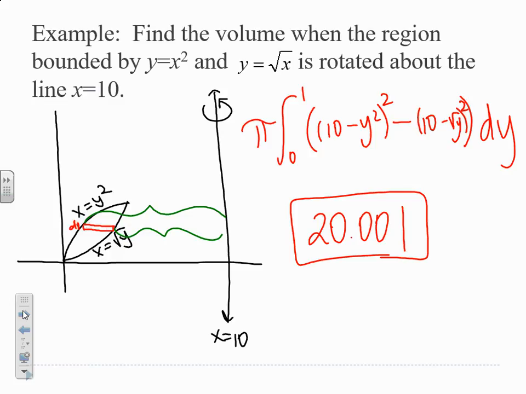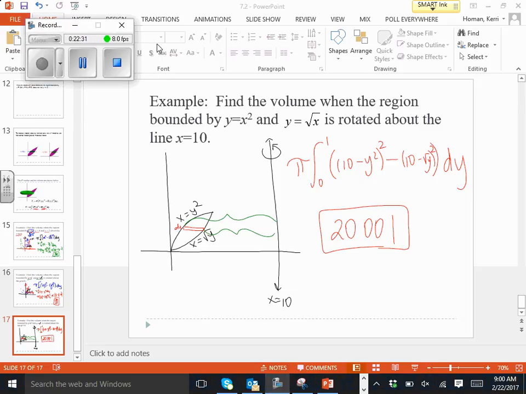Okay. We have 10 minutes of class. I need everybody to get their gold sheet out, and I'm going to tell you which ones I need you to do by hand. The rest you can use your calculator to integrate, so it won't take forever to do your homework. So by hand, and I know some of these are underlined and some of them are not, but I want you to do 7, 8, 9, and 31 by hand. 7, 8, 9, 31. Okay, so before you leave, you need to at least